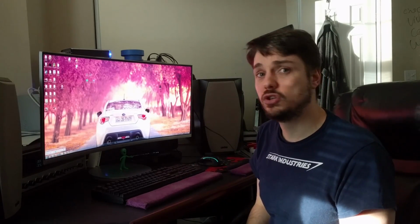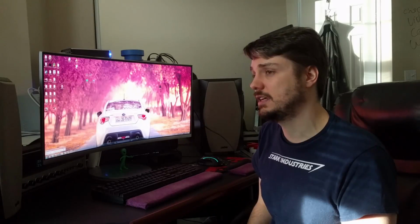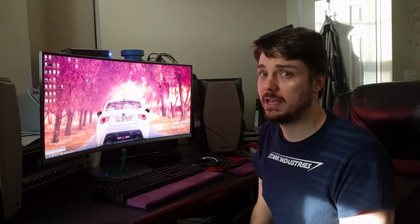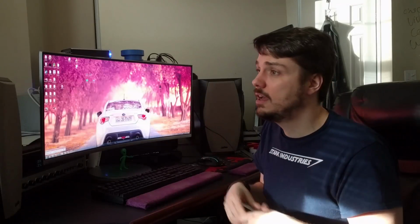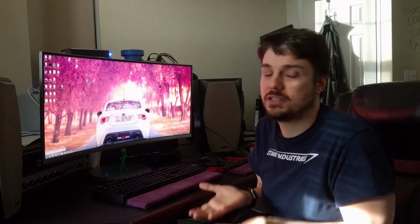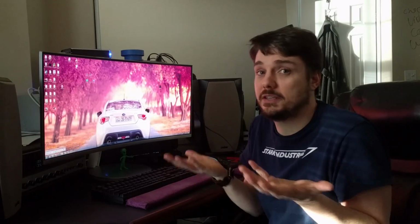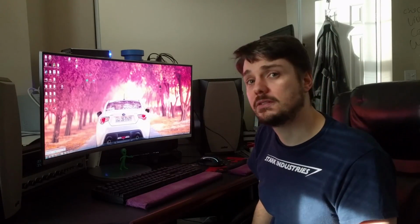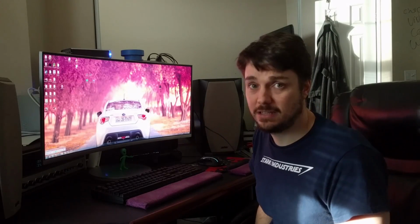I'm not going to give NVIDIA $200 extra for a feature that I don't really care about. I just will buy a video card that can keep most of my games running at between 60 and 100 frames, and if I have to, I'll turn down shadows or lighting to keep that frame rate up there. I'm just not a super competitive gamer, so that doesn't matter to me. If that stuff matters to you, look into other options, because this, for me, was a deal at $799